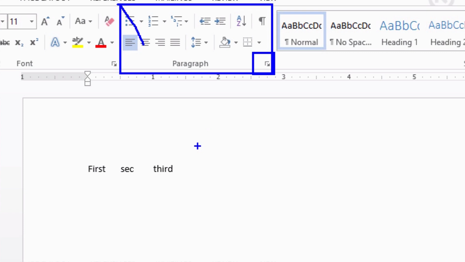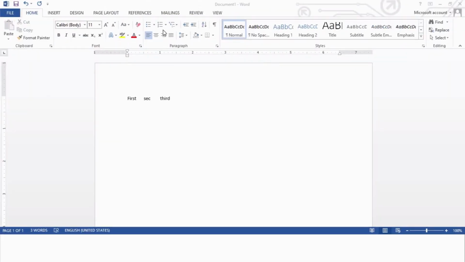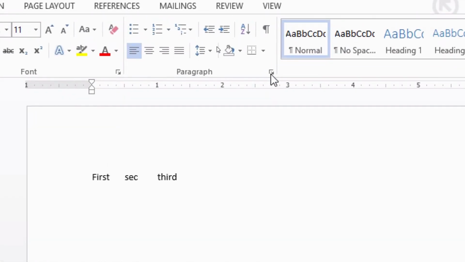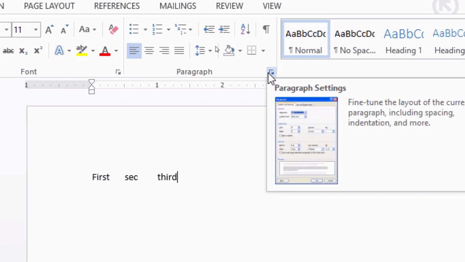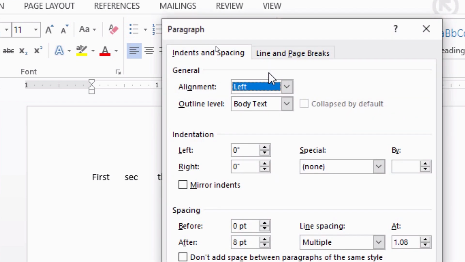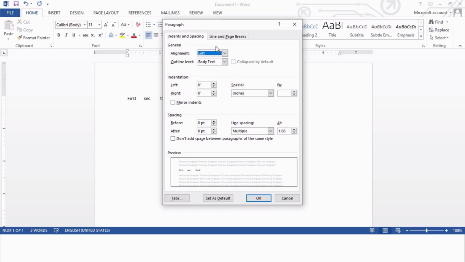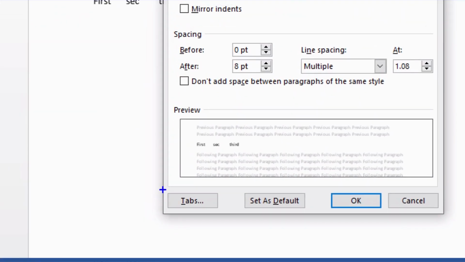We'll get a window on the screen. Previously also we have seen this window. This is the window associated with your paragraph option, and at the bottom of this window we get the tabs option. Now I'm going to click on this tabs option.